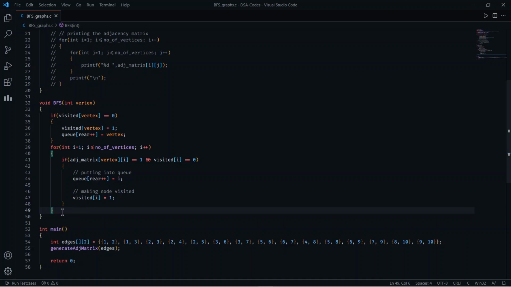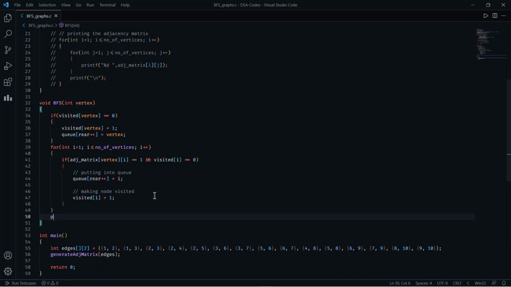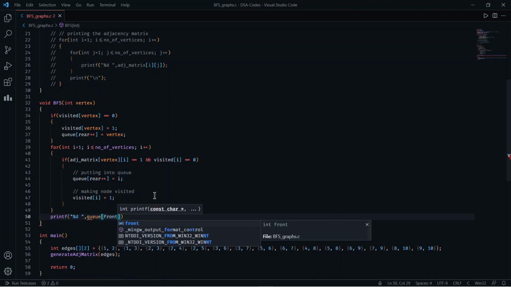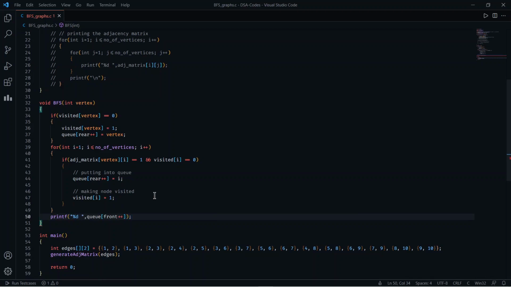And according to the algorithm, after this for loop or checking the adjacent vertices, what we have to do is, we have to remove this particular vertex from the queue and we make it as output. So I can just use a printf, that is queue of front plus plus.